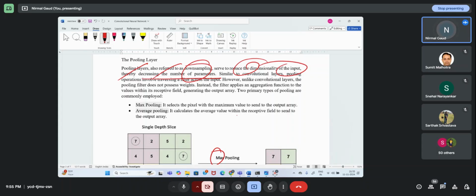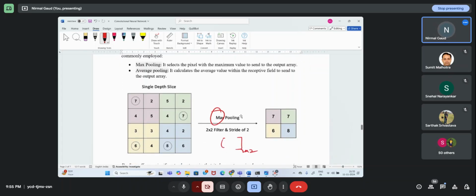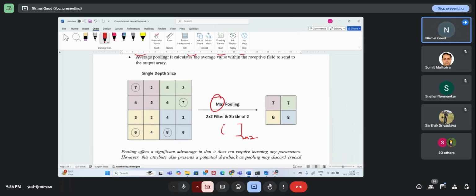In the pooling layer, it selects the pixel with the maximum value if you are using max pooling. For example, this is your resultant matrix after performing convolution. This is what you got, and then you applied the pooling layer. You applied max pooling and mentioned 2 cross 2.